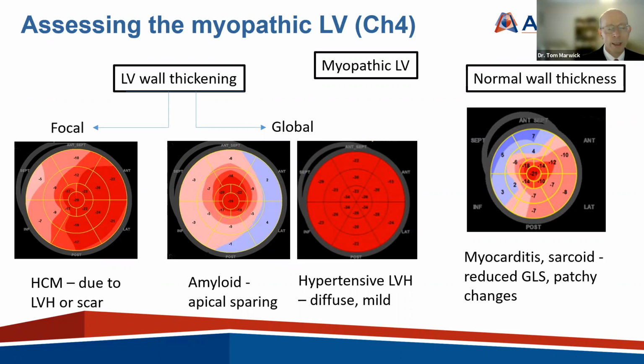Yeah, I think that's a really important point, that as you're able to pick up subclinical changes here, this is something that's useful in family members. And in fact, there's some really fascinating literature about genotype positive people in families and the time frame of the change of strain. So yes, that's a really important point. Next